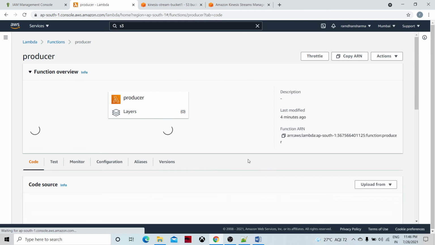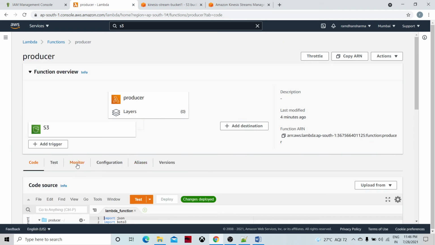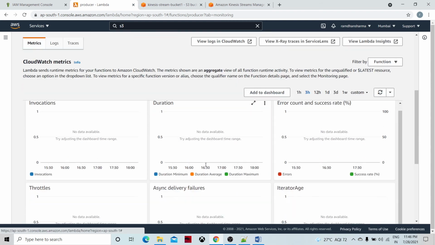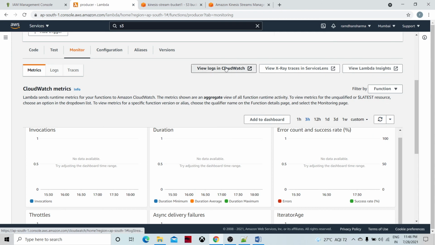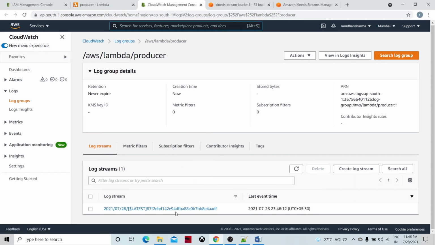Let's see the producer function first. Let me see the monitoring, and in monitoring view the CloudWatch logs. It looks like a log stream has been created on 28/7/2021 at 23:46.